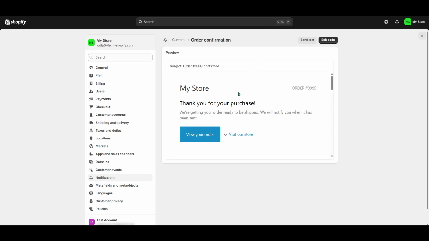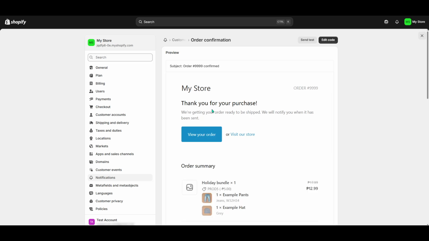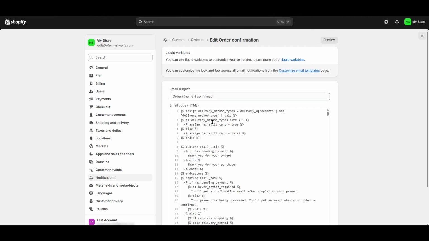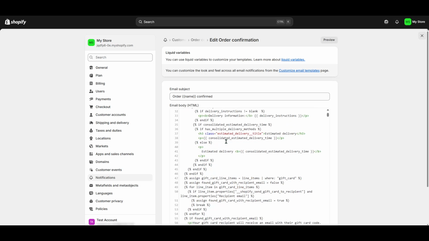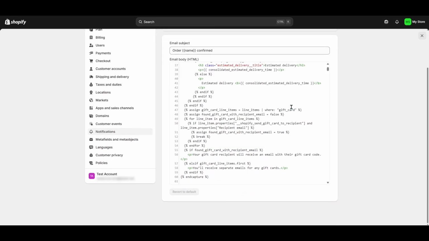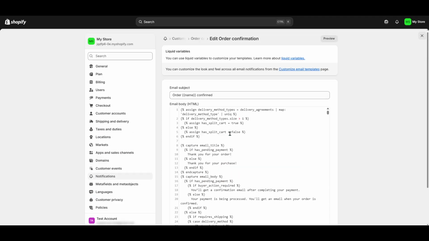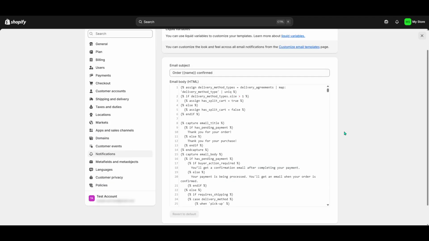To make changes to this receipt, direct your attention to the top right corner of the screen, where you'll find an Edit Code button. Click on this button. This is where you can bring your ideas to life. Through the coding interface, you have the freedom to adjust the design and content of your receipts entirely to your taste. Whether you want to change the color scheme, include your store's logo, or add extra fields for information, it's